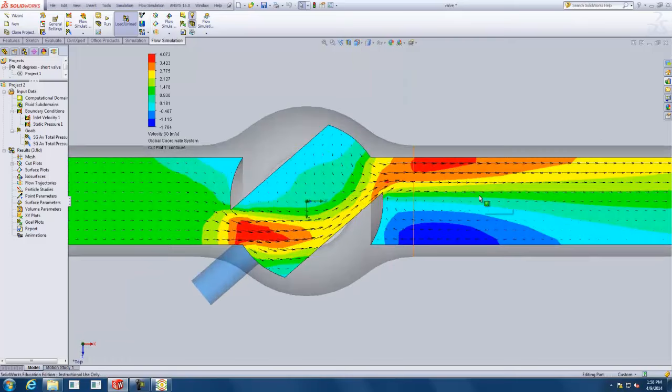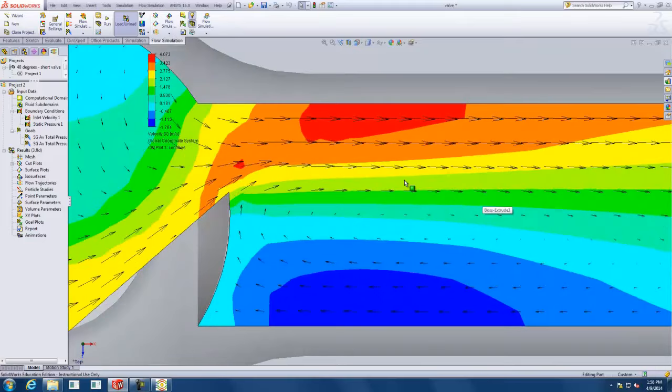All right, but look at the vectors here. Hopefully you can see this pretty well. We got vectors moving to the right toward the outlet, but then we have vectors down here into the wall moving back toward the inlet. And this is our vortex that was caught in the short valve case,